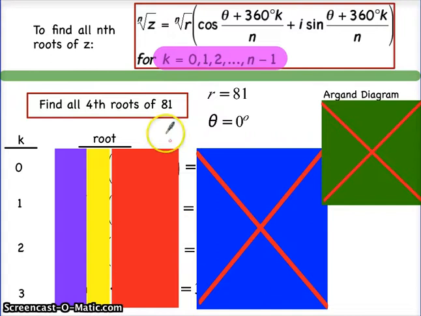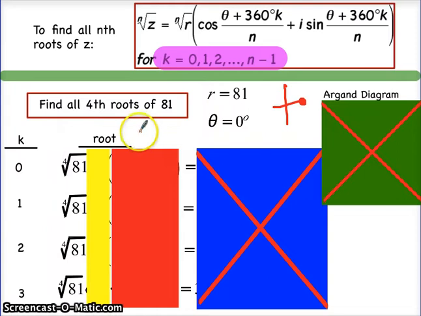First thing I'm going to look at is: find all fourth roots of 81. Well, first of all, 81, if I draw a quick little picture of it, will be directly to the right, 81 units, so r equals 81, and theta will be exactly 0 degrees, because we haven't actually left that positive x-axis. So if I'm finding the fourth roots, the fourth root of 81 is just going to be out in front of